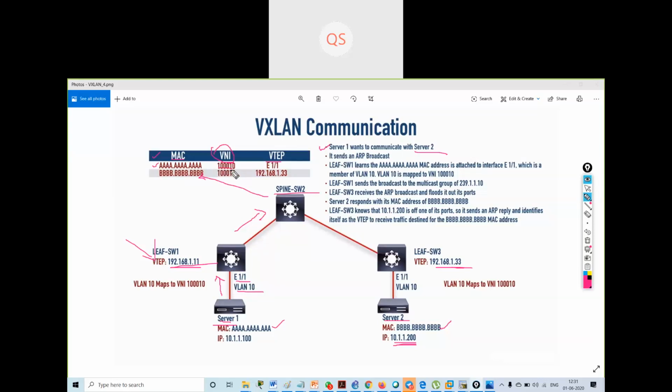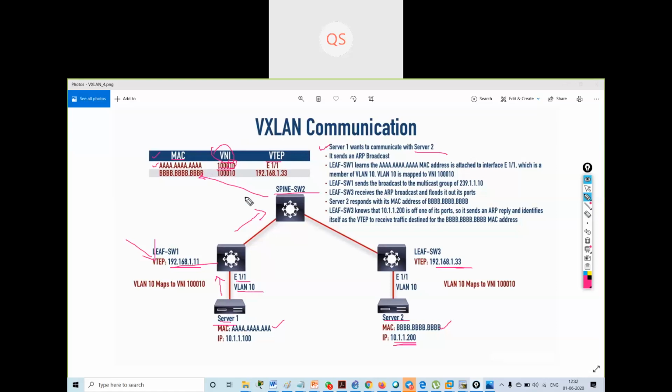This is my VLAN number. So now we have a VNI identifier, not just a VLAN identifier.